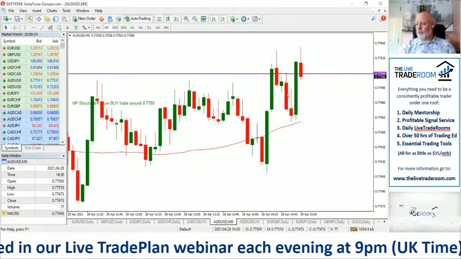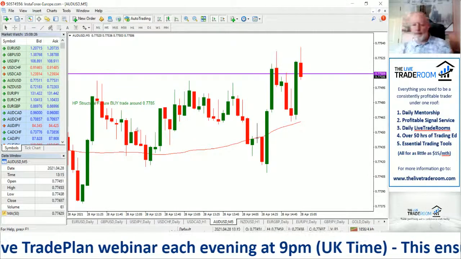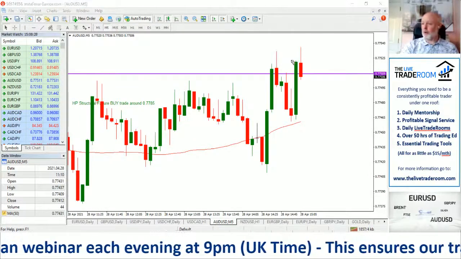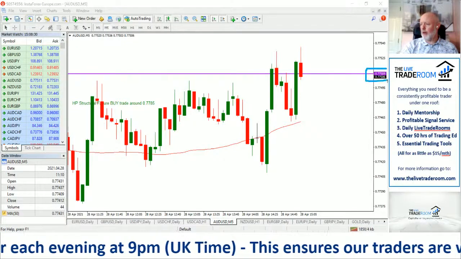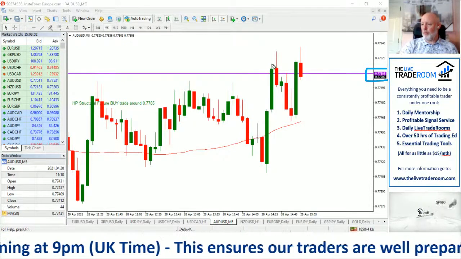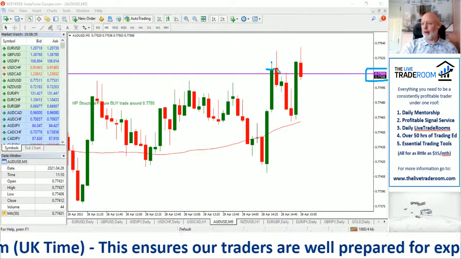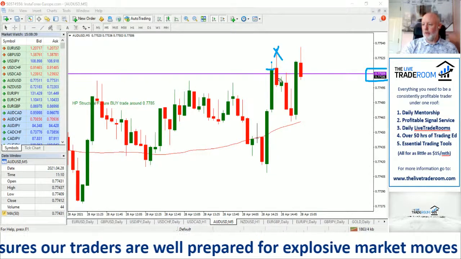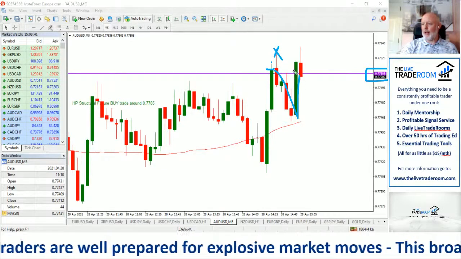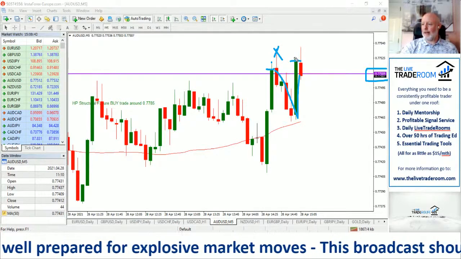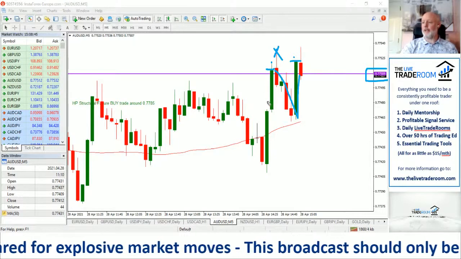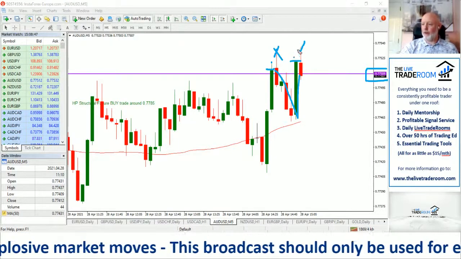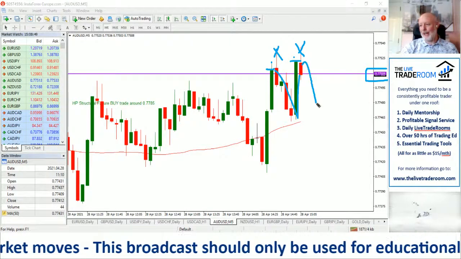So this is when we identify a level like this, the 7750 level, which is an important psychological level in its own right. We get the confirmed break above it, and then we wait for the follow through, and we don't get a follow through. Prices pull back, they attempt that level again. Fantastic, we've now got the confirmation that we need to the upside. Do we get the follow through? No, we don't, and it's heading back to the downside.